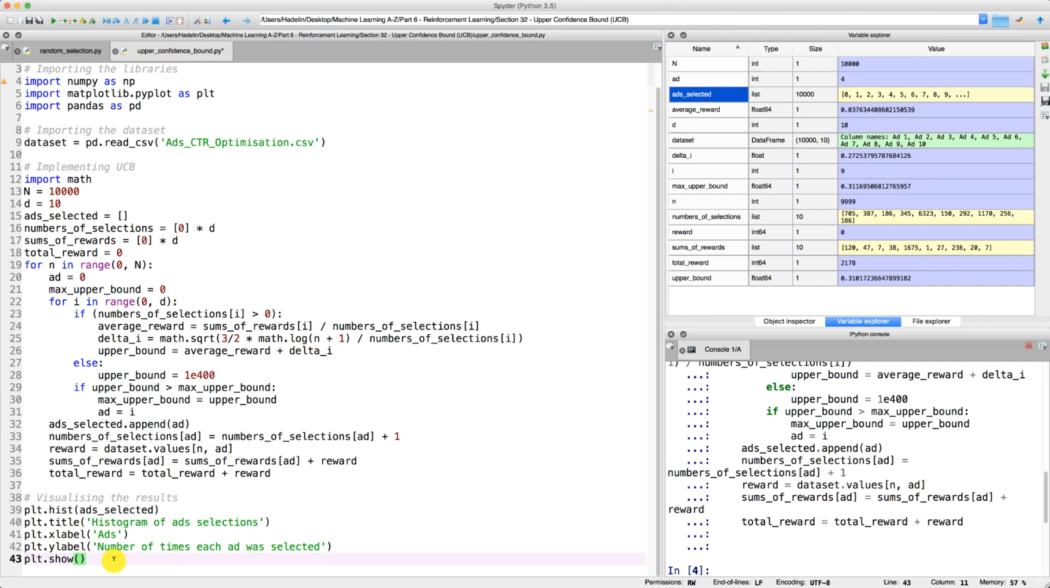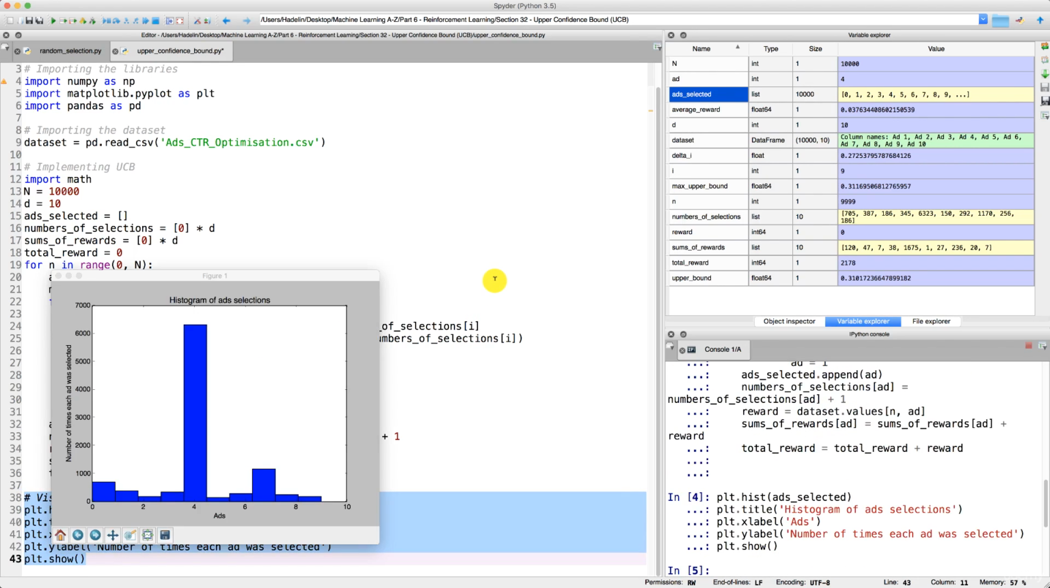So now let's have a look. We will select this code section here and press Command and Control plus Enter to execute. And here is the histogram. And wow, we can clearly see that the ad number 4 is the ad that was most selected by the